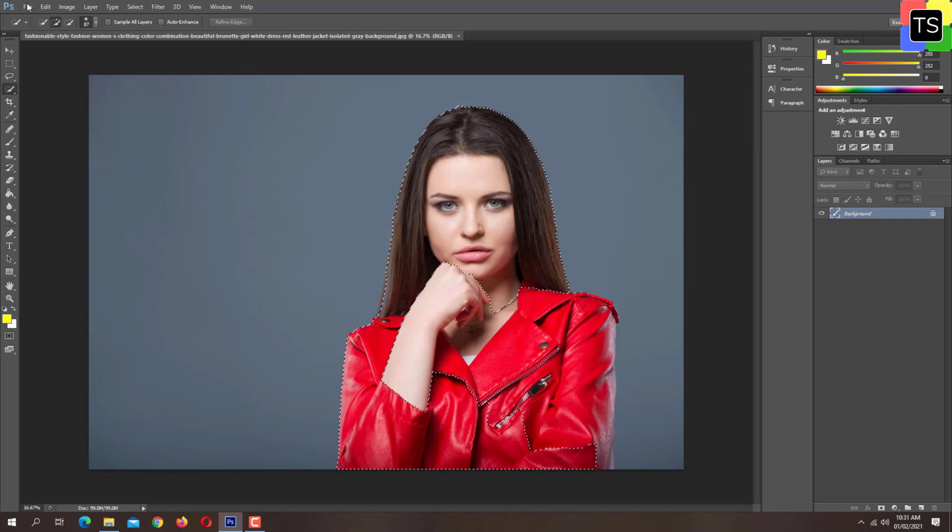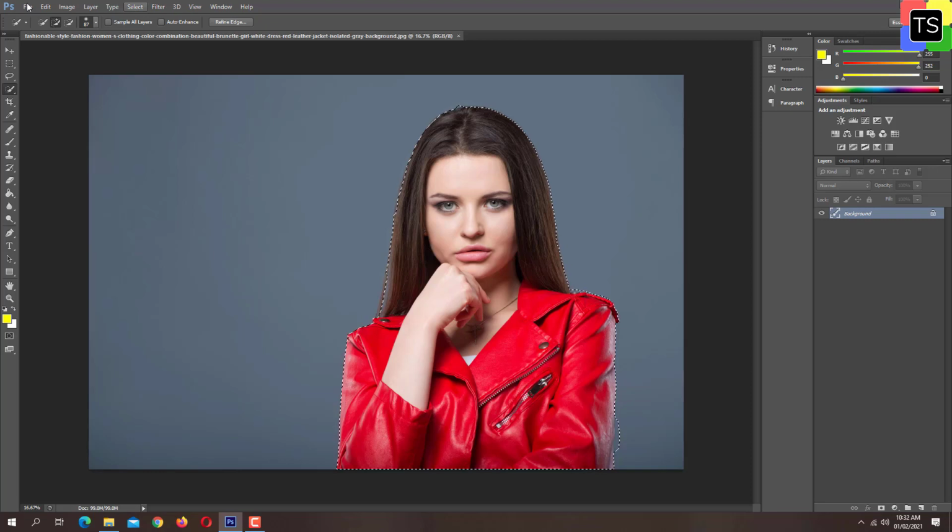If you make any mistake, then you can use the other option, Subtract from Selection, and you can just remove that part. Okay, so as you can see, now I have selected the image part that I want to keep.